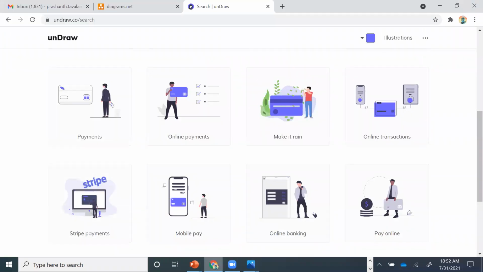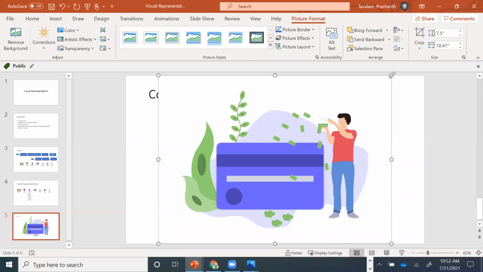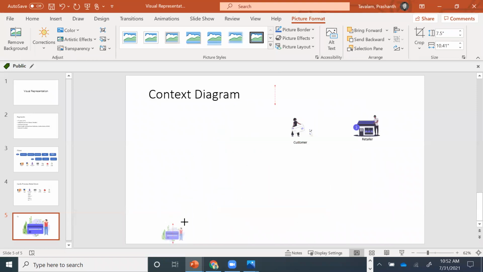So what we are doing is we are trying to understand the meaning and context in which we have to create this and then look for the right images. Okay, illustrations are done like this. All the storytelling can be done with this format. Okay, so you have the credit card.